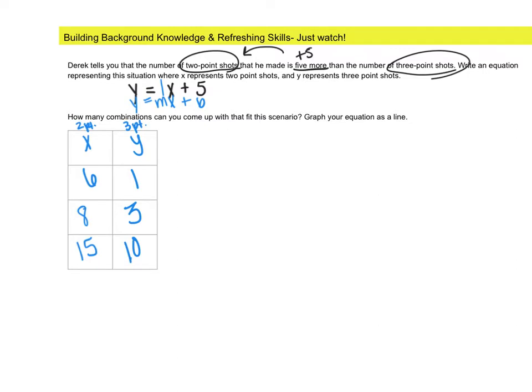I'm not going to graph it, but I am going to note that the m, or the slope, is 1 over 1, because it was a 1 right here. The rise is 1, the run is 1. And the y-intercept, where it crosses my y-axis, is at positive 5. Again, this was just building some background skills and refreshing some skills before we get into